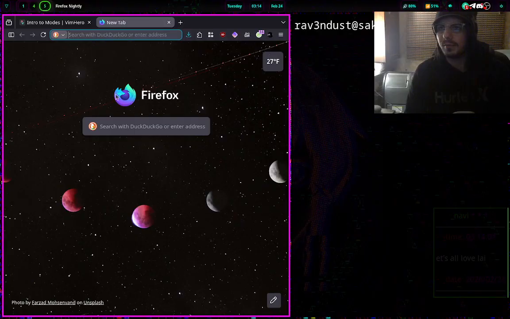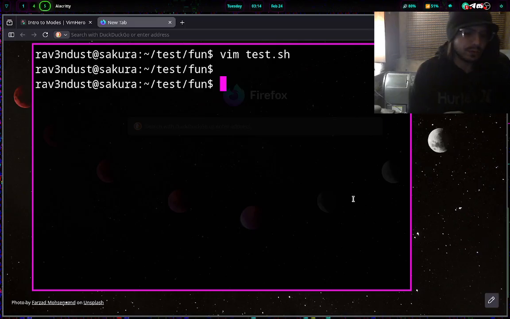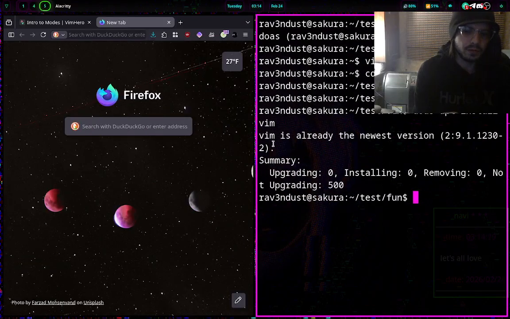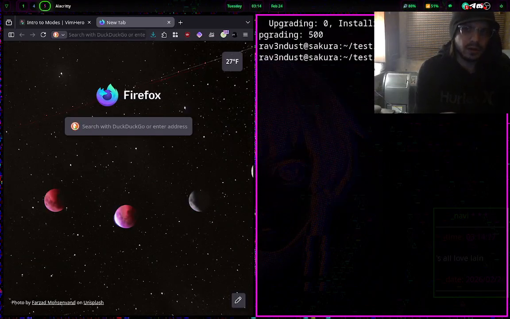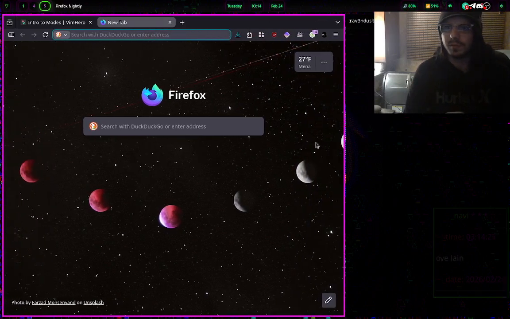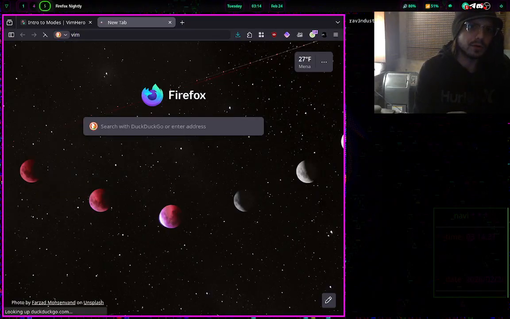If you're on Windows or Mac, let me show you something real fast. If you're on Linux, you can just go like this, and it's not going to install for me because Vim is already installed. But if you don't have Vim already installed, it would install it just like that, apt install vim. But if you don't have Vim, or if you're on Windows or Mac or whatever,